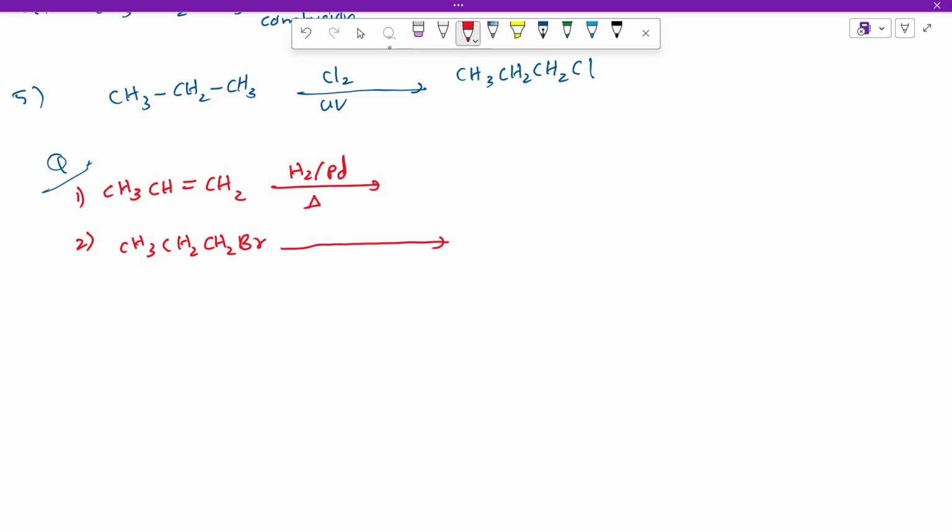Once you add alcoholic KOH and heat it, what will be the product? Then, once an alkene is given, CH2, once you add HBr and peroxide, HBr peroxide,